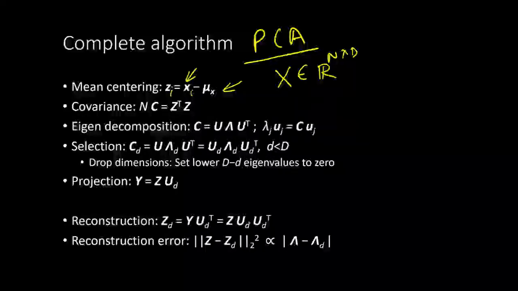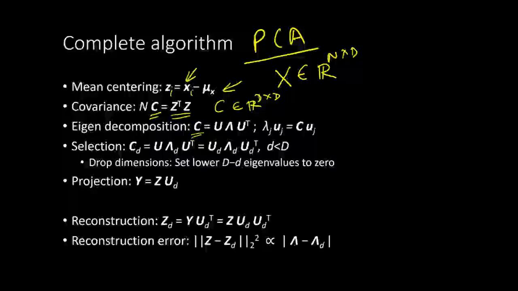Now we want to compute the covariance matrix C, and the covariance matrix is nothing but Z transpose Z of the data matrix, divided by n, each element by n, where n is the number of data points. And we will get the covariance matrix C. What is the dimension of this covariance matrix? It belongs to R to the power d cross d. Keep that in mind: not n cross n, but d cross d, the number of dimensions times the number of dimensions.